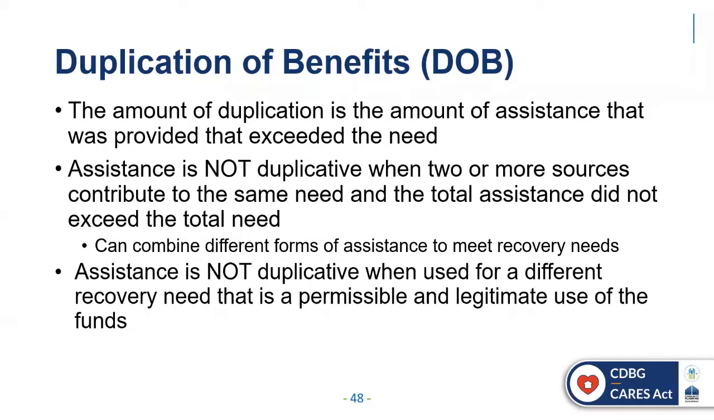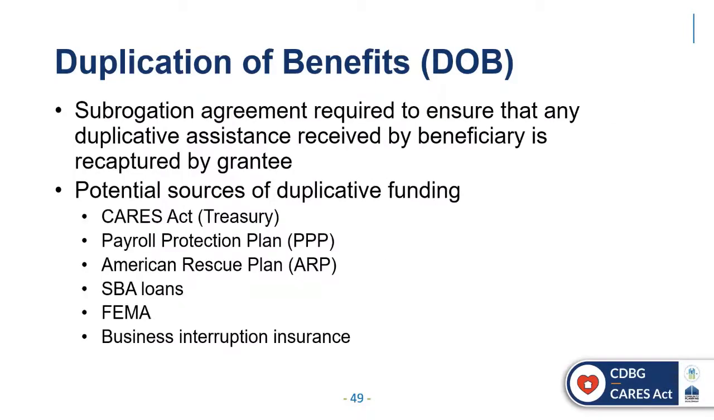You as grantees are solely responsible for ensuring that an actual duplication of benefits does not occur. For this reason, it's important that grantees develop duplication of benefits protocols and train their subrecipients on these procedures and the required documentation. Next. In addition to the duplication of benefits analysis, a subrogation agreement should be executed by any entity, whether it's a beneficiary, business, a unit of local government, receiving CDBG-CV funds that compels them to pay back